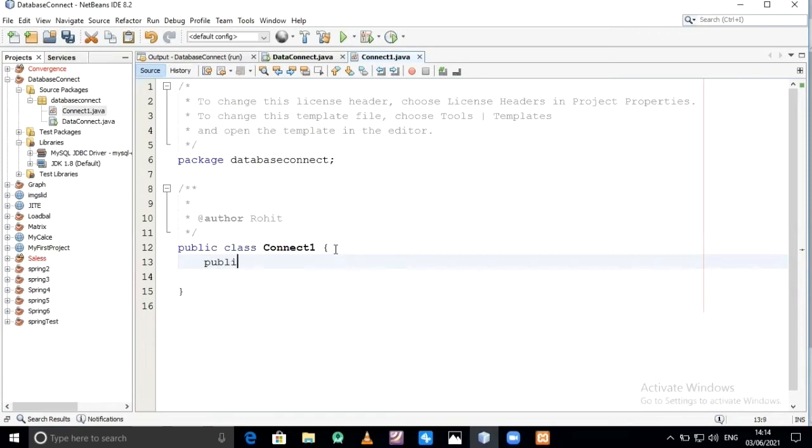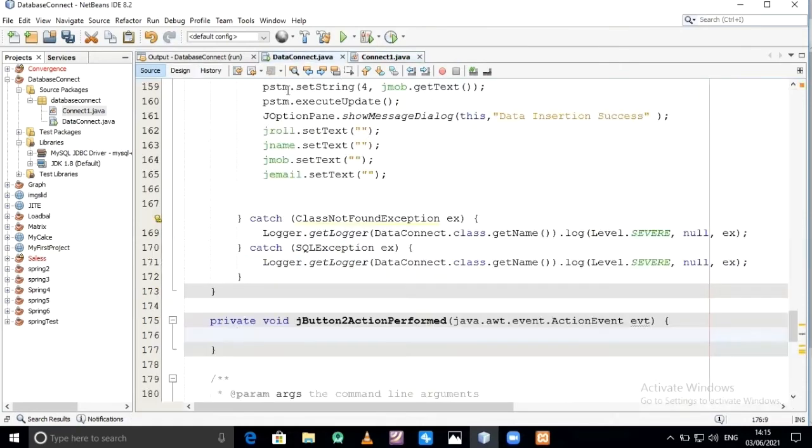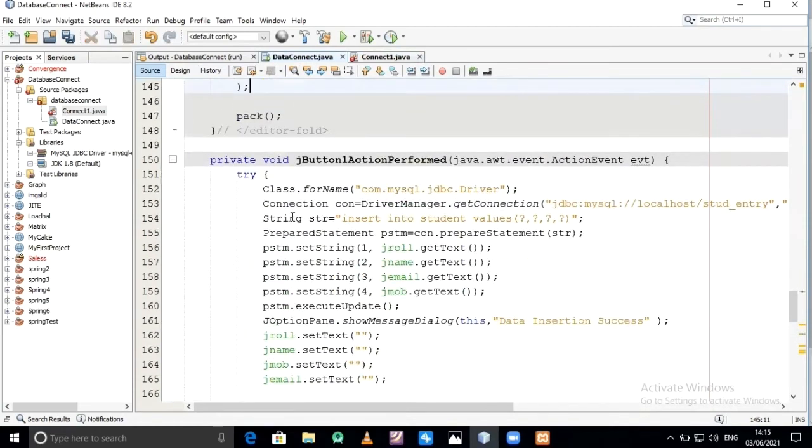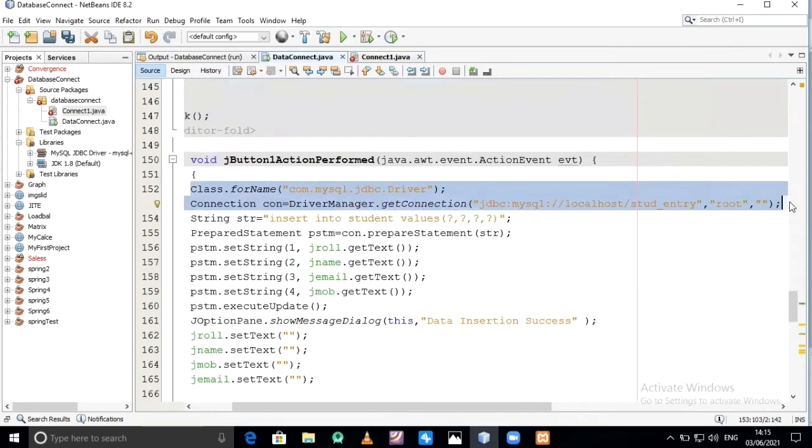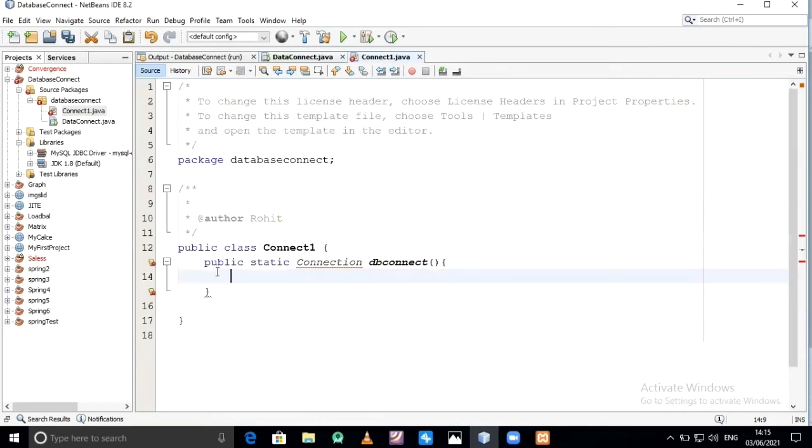So in that one method is required, public static Connection, because we are concerned with the connection, so the connection object is retrieved from this particular function. Name is suppose dbconnect. For writing it multiple times we need to write only once and access this function only.